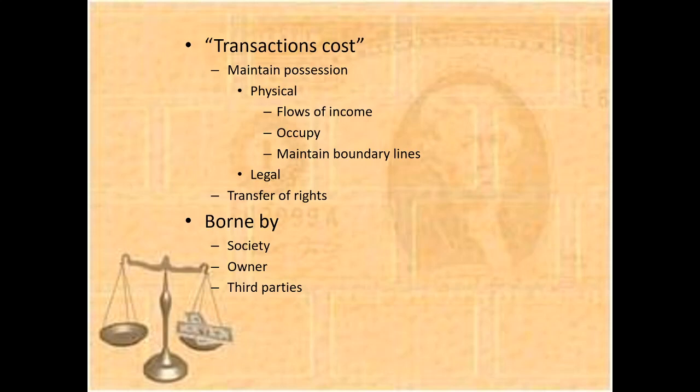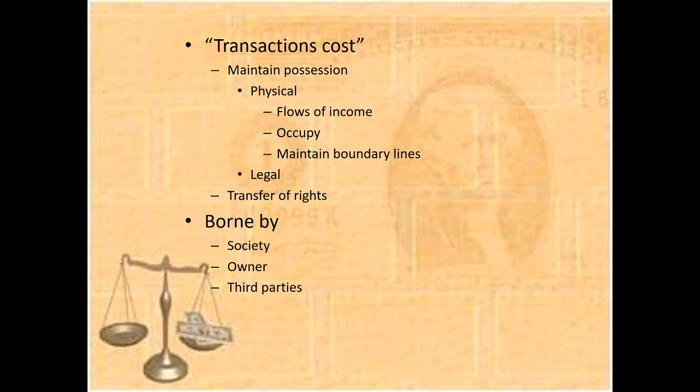That means Coase had introduced a concept called the transaction cost premise, which is actually a cost that occurs when maintaining possession, or governing the commodity or possession we have,